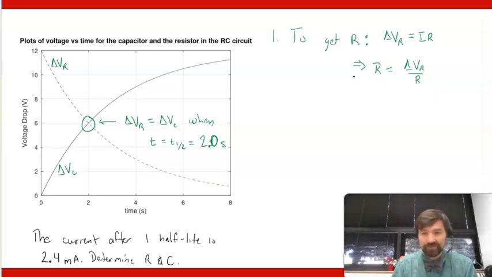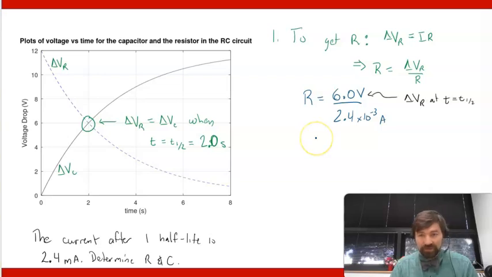You know now that R in this case is delta VR at this time, which is 6 volts, so 6.0 volts divided by your 2.4 times 10 to the minus 3 amps. And so you're using 6 volts because that is the correct voltage at the time for which you've been given the current. And so this gives us a value of R of